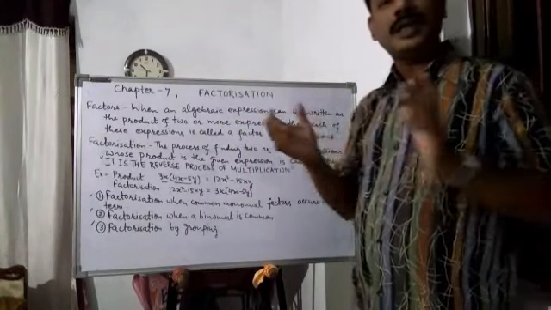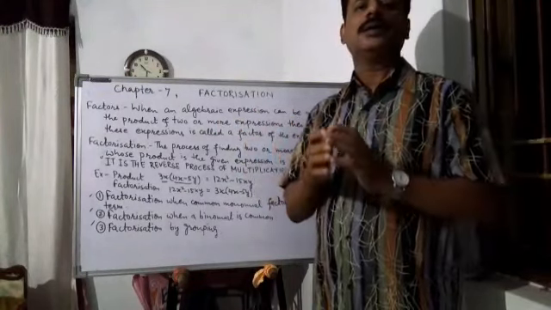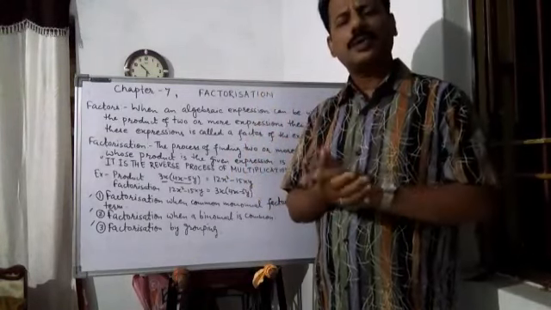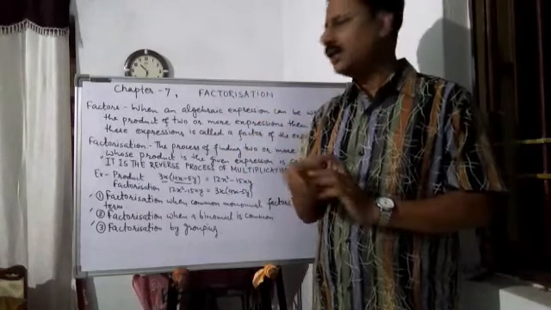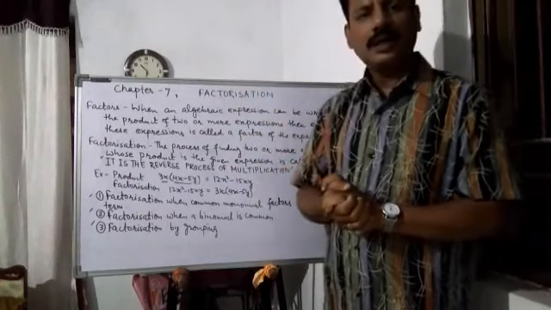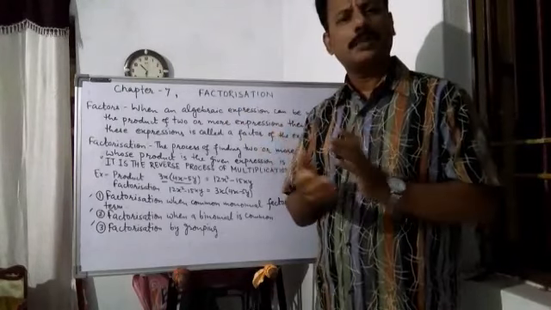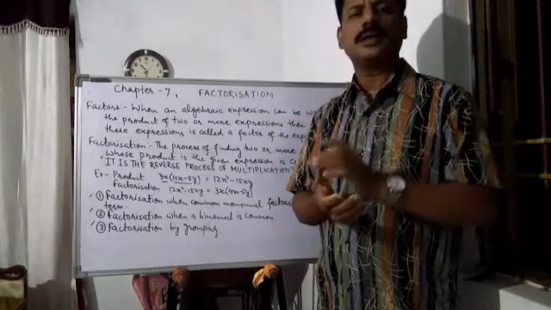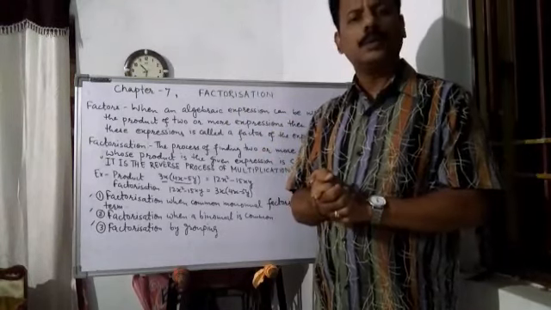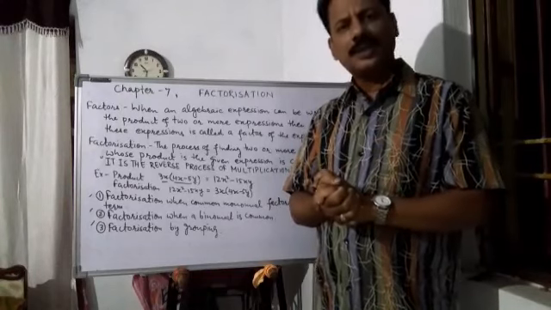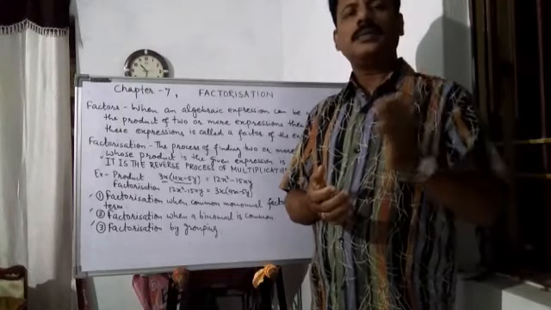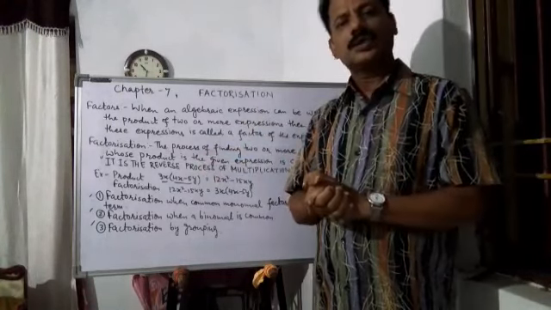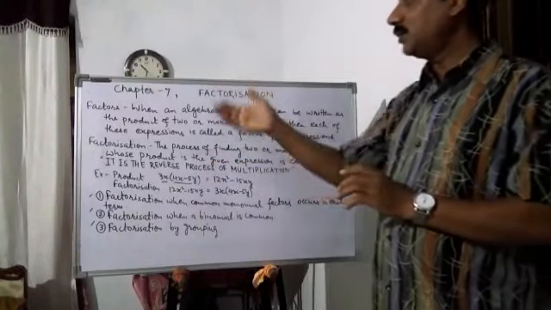One more thing, we cannot go through the entire questions in the exercise because there are so many questions given in each exercise. In exercise 7a, I have to solve up to question number 14. Other than those, you must practice the remaining questions at home as per your assignment work, and between questions 1 to 14 there are certain questions that I have to solve here. So be ready for that. Now here are some rules.